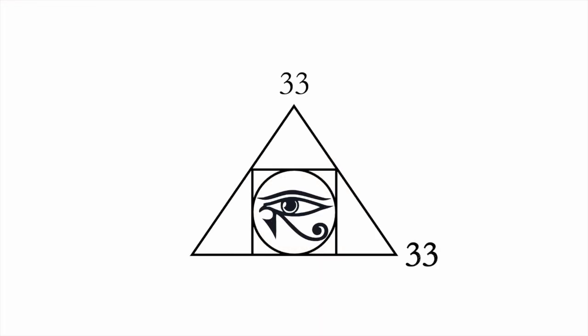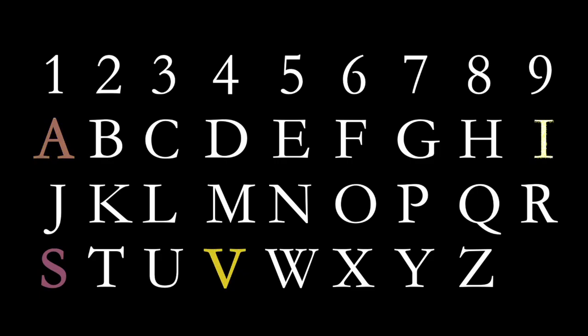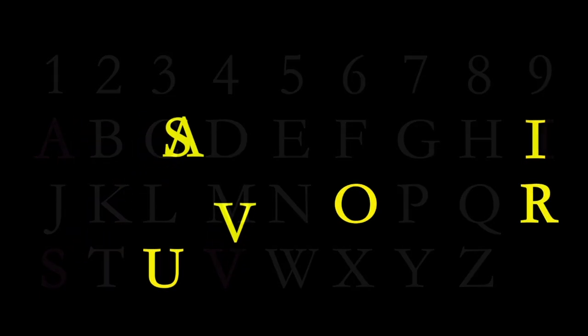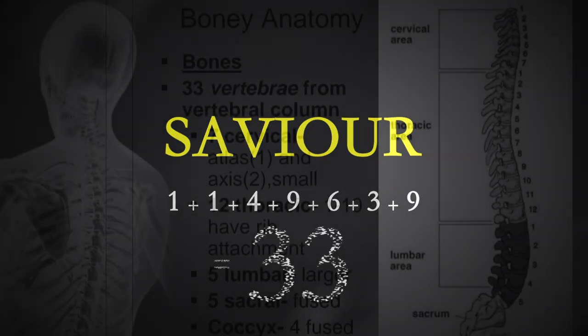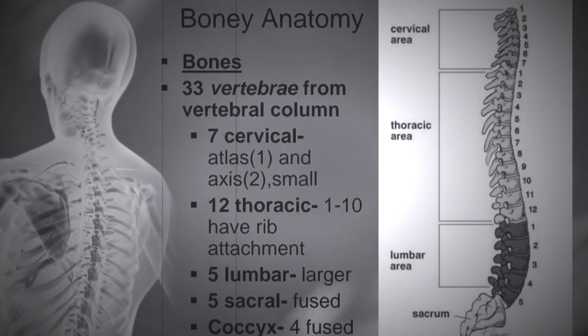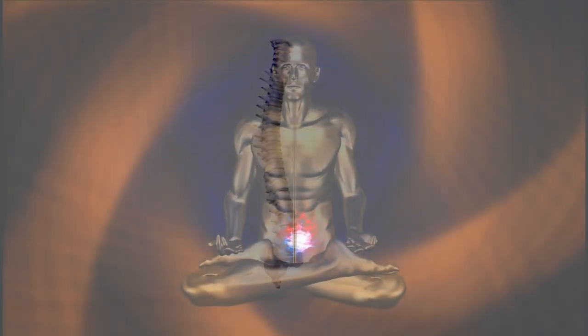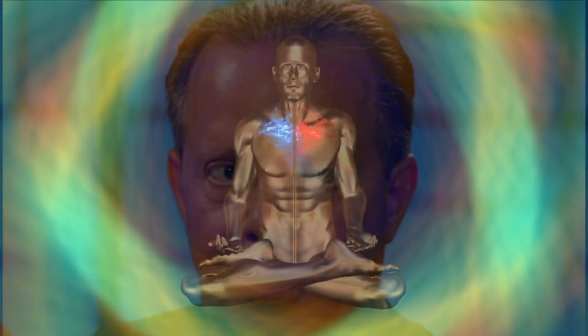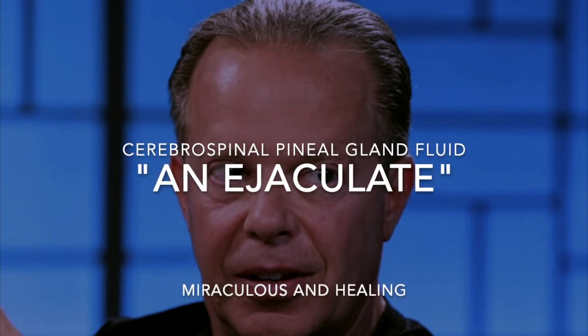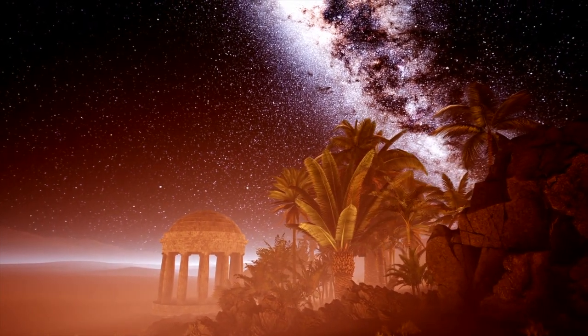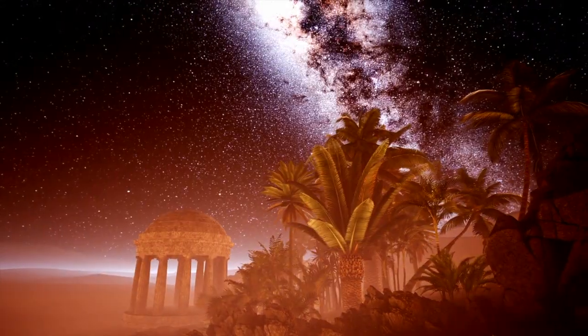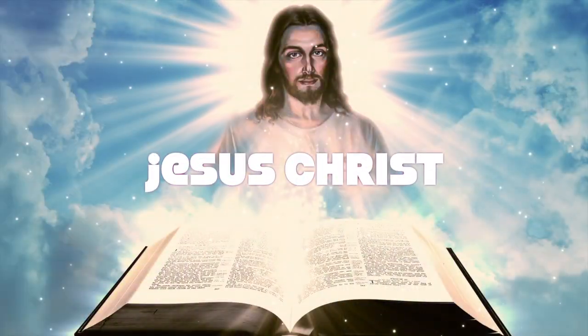or a trinity of master number 33, which, in numerology, the word savior reduces to, and there are 33 vertebrae in the spinal column, in which flows a healing and miraculous cerebrospinal fluid called by modern-day neuroscientist Dr. Joe Dispenza an ejaculate, or by the ancient Greeks, the Jesus Christos, which is by today's nomenclature, the Jesus Christ, and the occulted secret meaning of the Masonic 33rd degree,